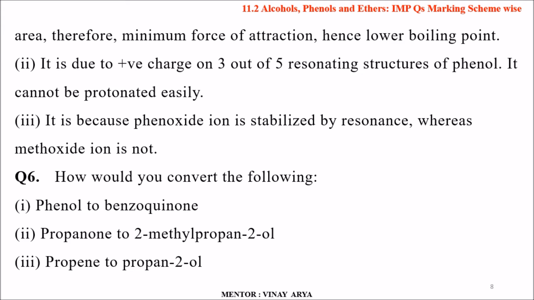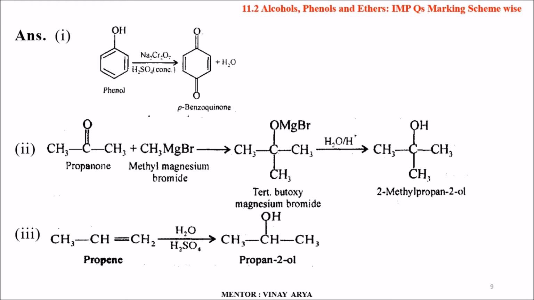Question number 6. How would you convert the following? Phenol to benzoquinone, and second 2-propanone to 2-methyl propane 2-ol, and third propene to propane 2-ol. Now, phenol C6H5OH when made to react with Na2Cr2O7 in presence of concentrated H2SO4 gives para-benzoquinone, that is C6H4O2 plus H2O. The second, CH3COCH3 propanone, also known as acetone, when combined with CH3MgBr methyl magnesium bromide gives